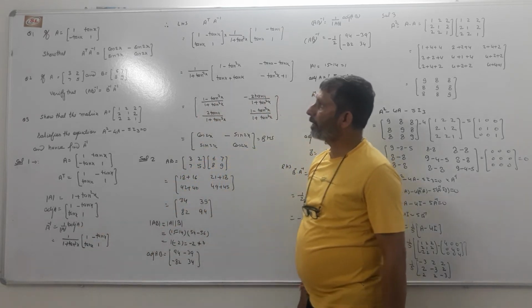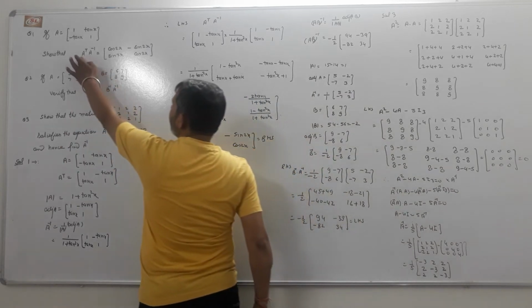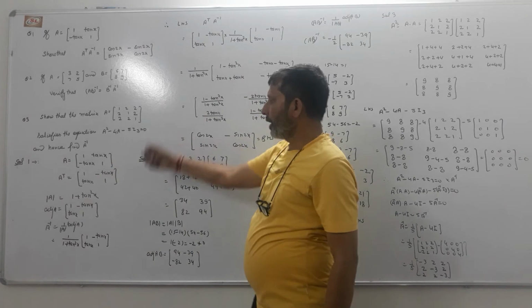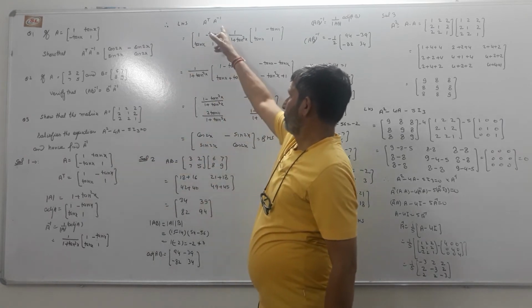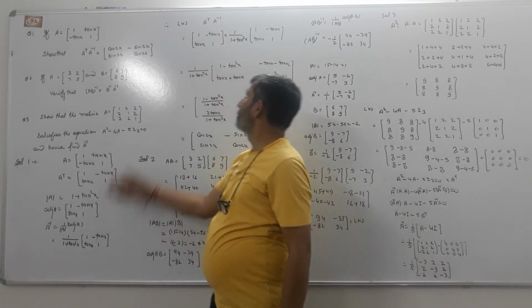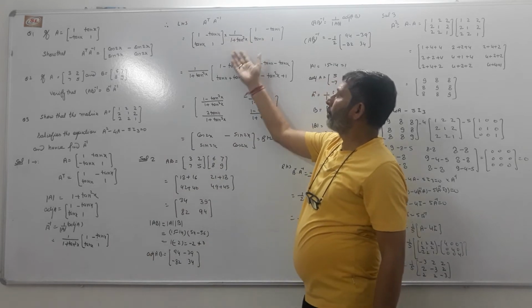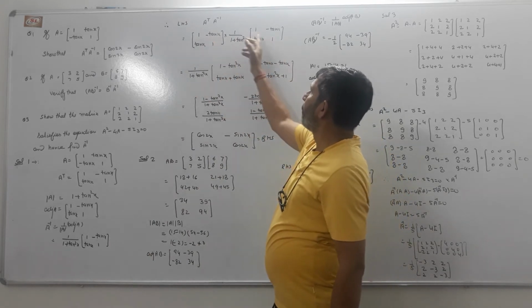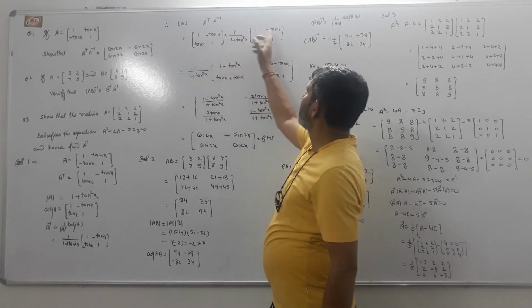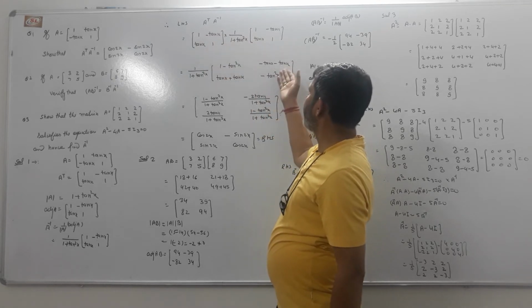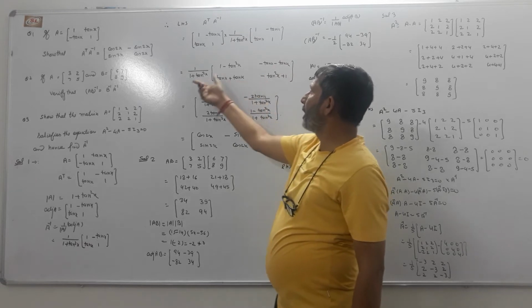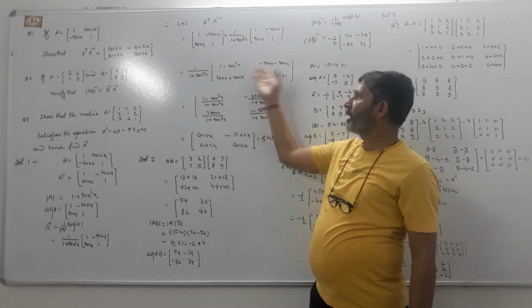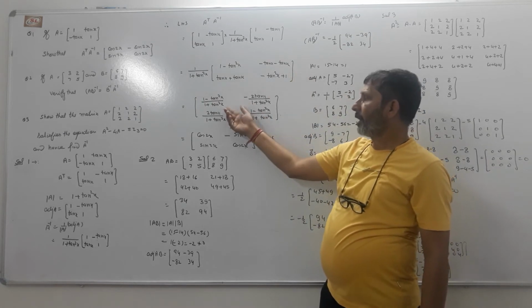Then after this, what is the left hand side? Left hand side is A transpose into A inverse. A transpose is this, and A inverse is this. 1 upon 1 plus tan square x is common. Now we multiply these two matrices. 1 minus tan square x, then minus tan x and minus tan x. We multiply these two. Then 1 upon 1 plus tan square x is multiplied with each element, and we get this part.